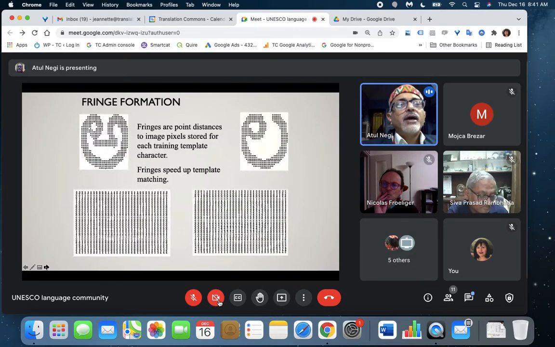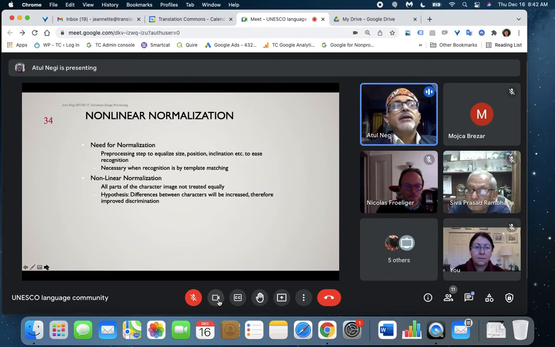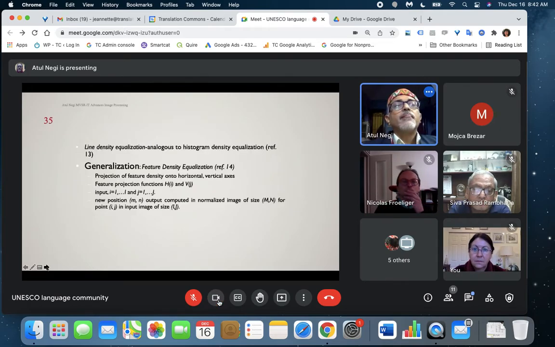Then for every binarized image which comes in, we compute the fringes, and this was useful because you have to match it finely. There are methods which I will introduce later, because to improve recognition there are non-linear normalization approaches. Maybe I'll skip the details of this,